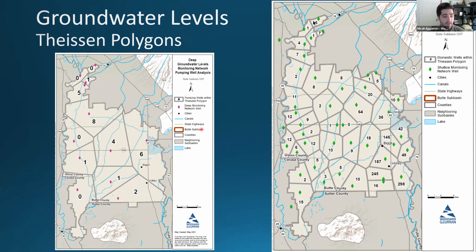So that's why we have 8 here. And granted, this is for the deep aquifer, which is why we see much lower numbers. Over here, we can see there are many more, like Biggs. There are 146 domestic wells in this area. The summary data provided by DWR does have the shallowest, median, and deepest domestic well within that polygon of the section township range. Okay.